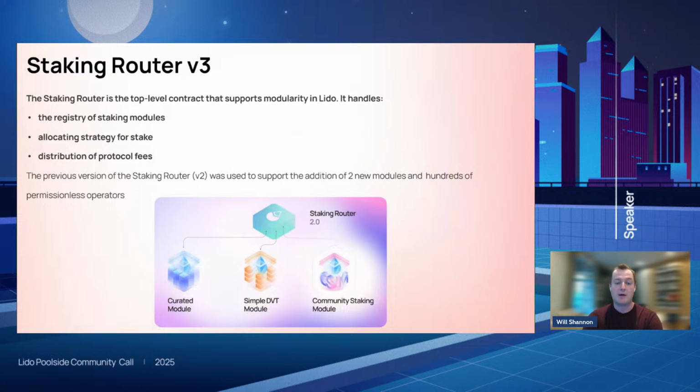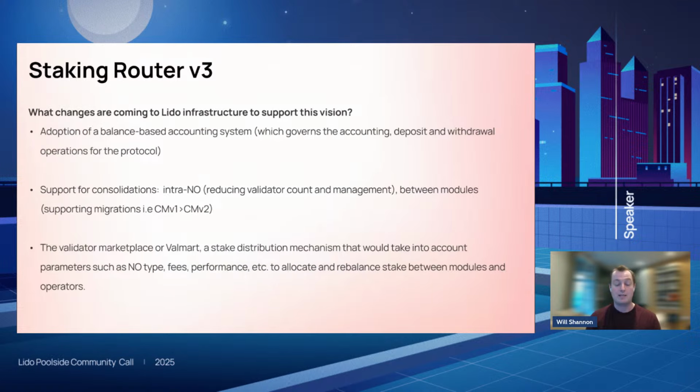And so the staking router is the top level contract that supports modularity in Lido. This supports the registry of staking modules. It supports stake allocation, the distribution of protocol fees, and Lido v2 basically brought through the second version of the staking router as well as withdrawals. And that paved the way for the community staking module and simple DVT module to onboard hundreds of operators across the protocol. So with staking router v3, the main changes that are expected to come are first, the adoption of